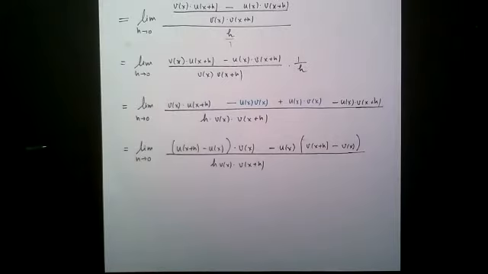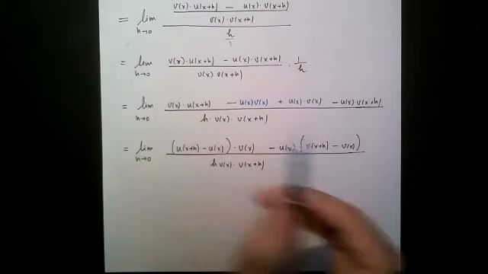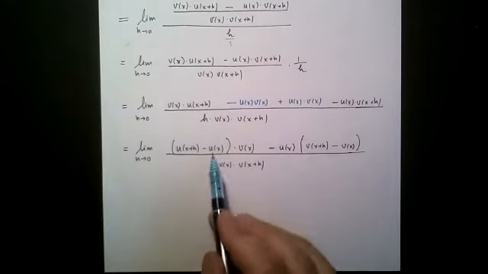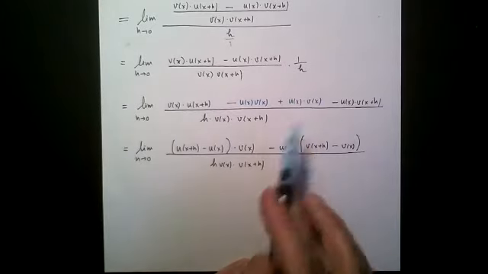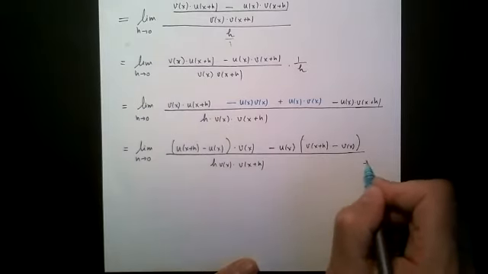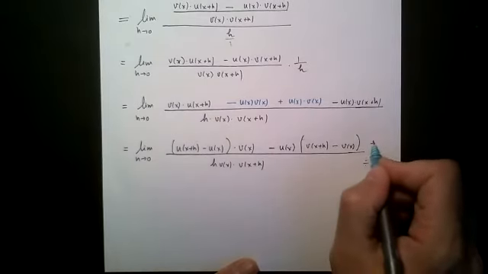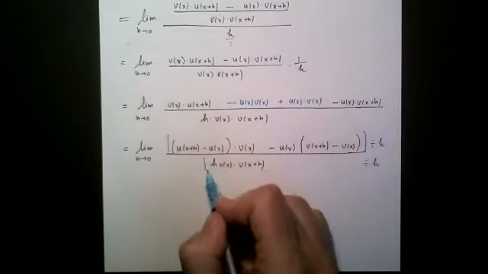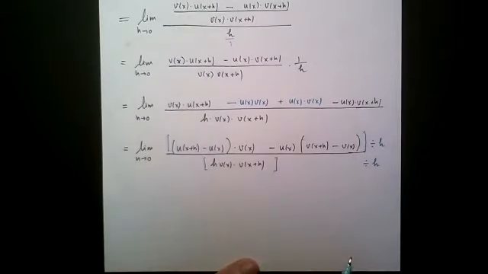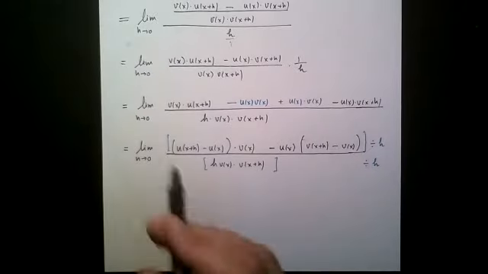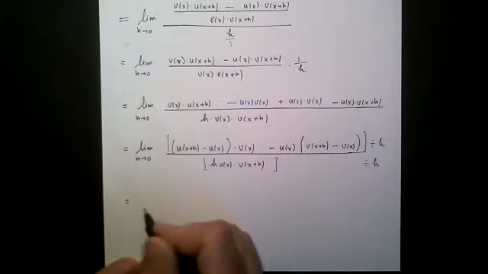Are there any questions? Okay. Here, what I just did is factor the first two terms and the last two terms, taking out a greatest common factor. Now, I will divide the denominator by h, and the numerator also by h. So I'm dividing all this by h, and all this by h. I'm not changing anything. Divide by h, divide by h. Equals